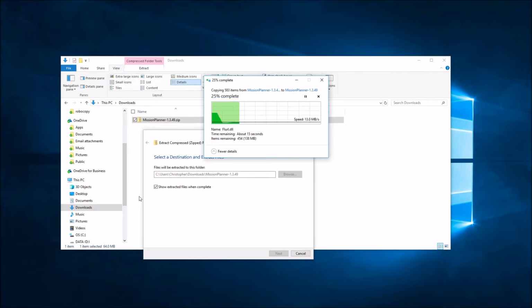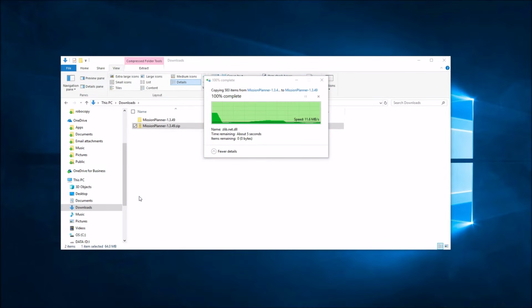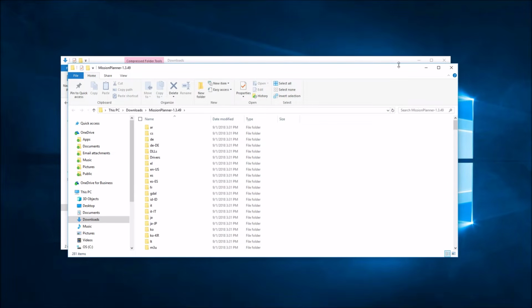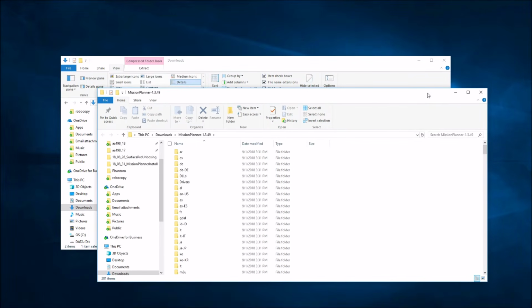This might take a couple minutes, but again, all I'm going to do here is take all of the extracted files and place them someplace on my computer where I want Mission Planner to reside, and I'll just run the executable from that location directly. I don't need to, again, make any registry modifications or anything like that. Okay, so it's finished